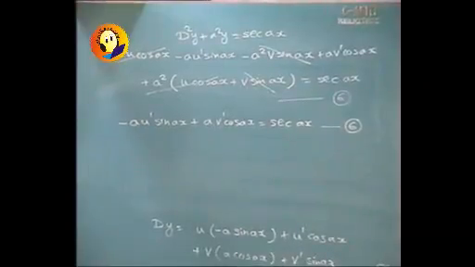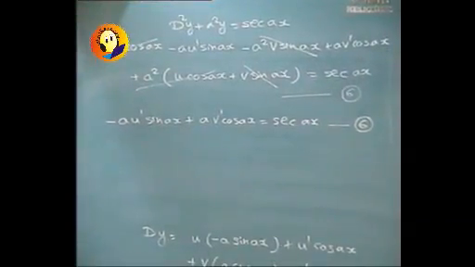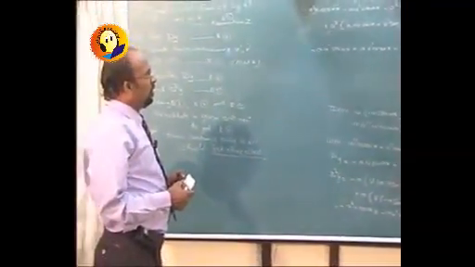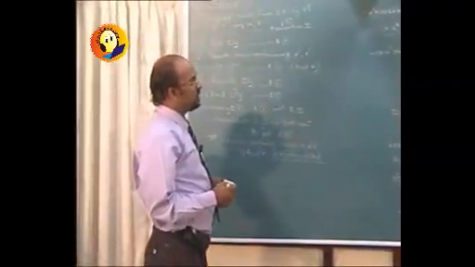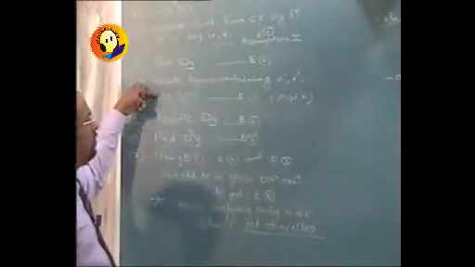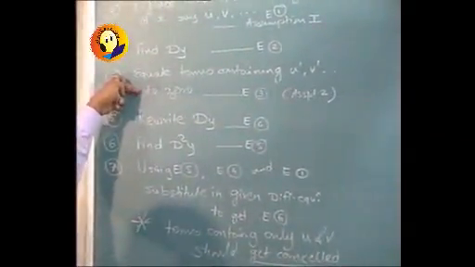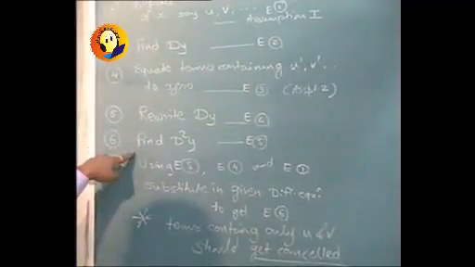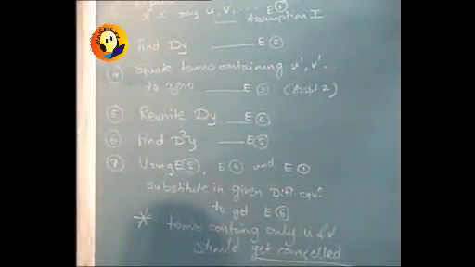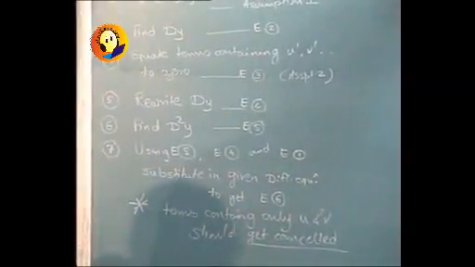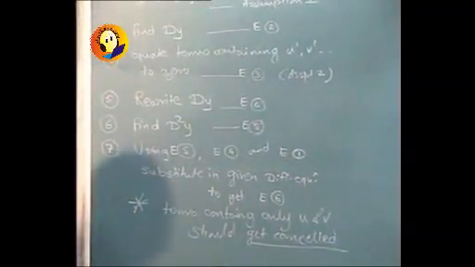So the procedure was assume y by replacing the arbitrary constants by functions of x, that is u, v, etc. From that y, that was our first assumption, find out dy. Then from dy equate the terms containing u dash v dash to 0, that was our assumption number 2. We will rewrite dy, find d square y and substitute all this collection into the given differential equation with the cross check that terms containing u v should get cancelled. The next step says that